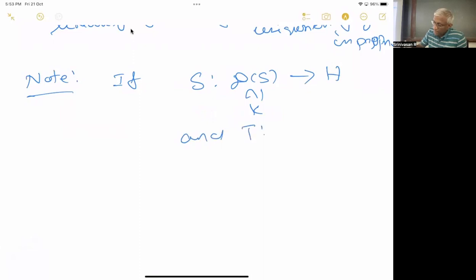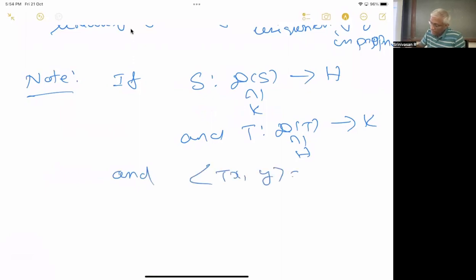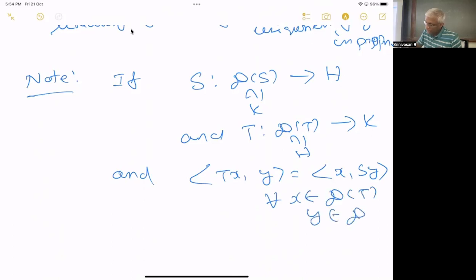And T is an operator from D of T to K. This is contained in H. Further, if it satisfies this condition, T of x y equal to x S y for all x in D of T, y in D of S. Okay. Then